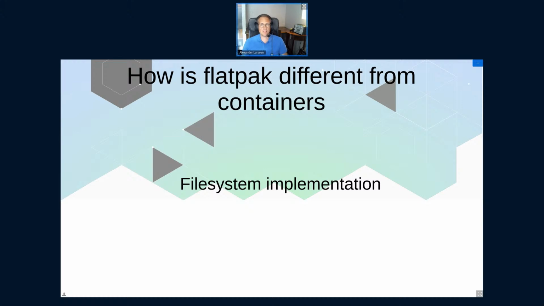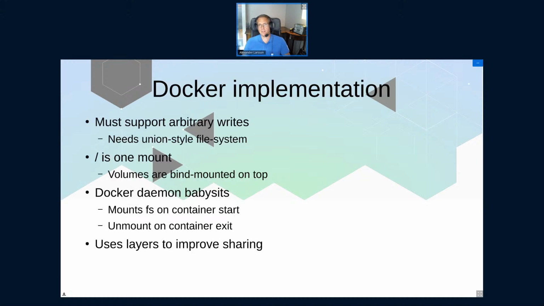So in terms of implementation, Docker basically requires you to be able to write anywhere. For that to be efficient, you have some kind of union-style file system or equivalent, like a device mapper or something. So you have one mount, which is this image, which is some kind of union-style overlayfs, overlay2 these days mostly.